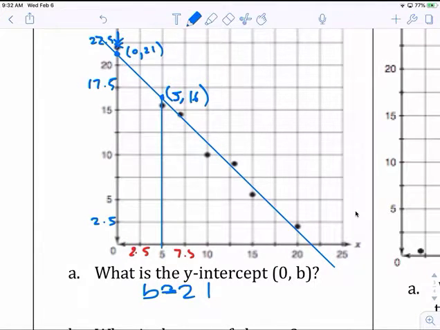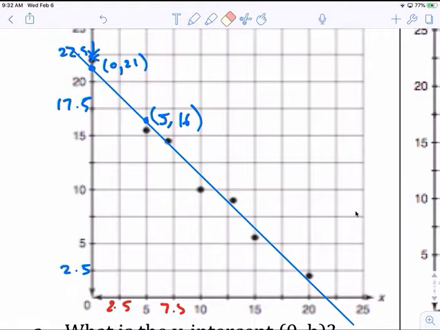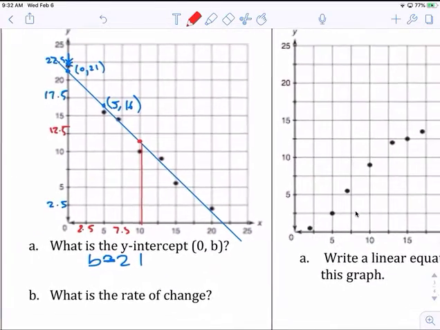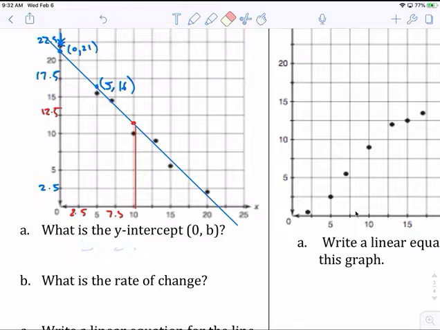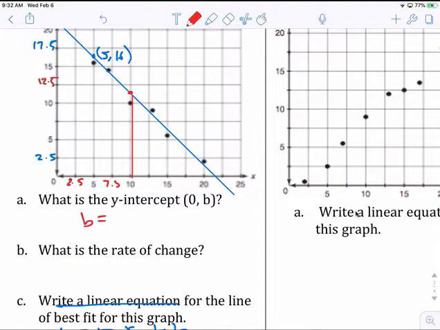So use round numbers. I see a student using like 16.5. Don't do that. Just use 16. Okay? You're going to make your life harder. It's close enough. 5 and 16. So if you use 10, 10 and probably 11, because it's 12.5. So 10 and 11. Mine is 10 and 11. Yours can be different. Estimate. Doesn't have to be exact, okay? I'm going to check for this tomorrow. And if you do it wrong, I'm going to,